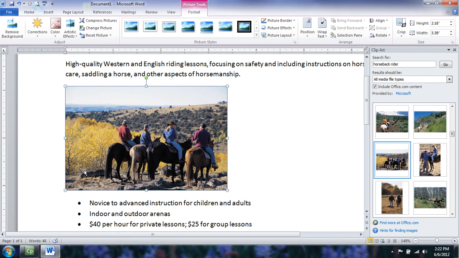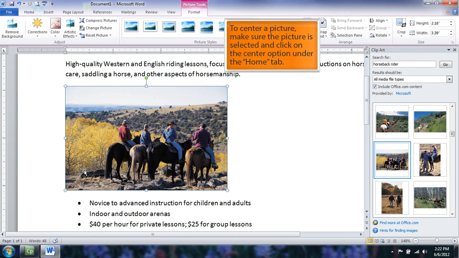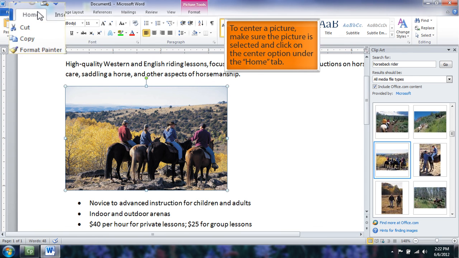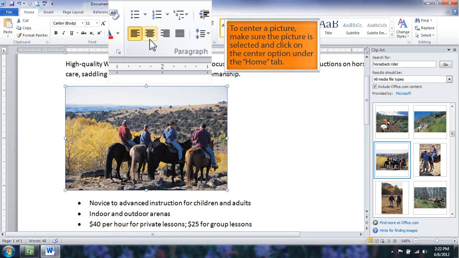The next thing I'm going to do with this picture is center it. So I've selected my picture, I make sure I'm clicked onto my picture, and then I want to go up here to my Home tab, and again under my paragraph option, I can click my